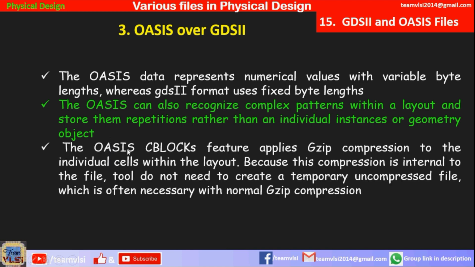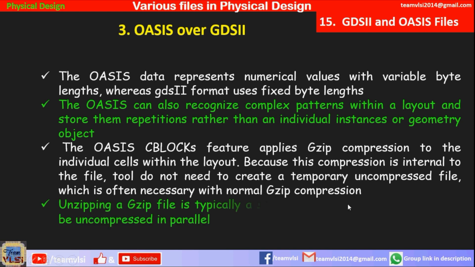The CBLOCKS feature is an important feature of OASIS files. CBLOCKS apply gzip compression to the individual cells within the layout. Because this compression is internal to the file, you do not need to create a temporary uncompressed file, which is often necessary with normal gzip compression.